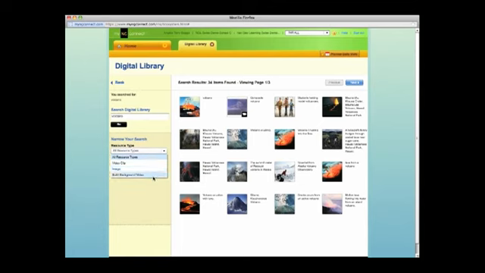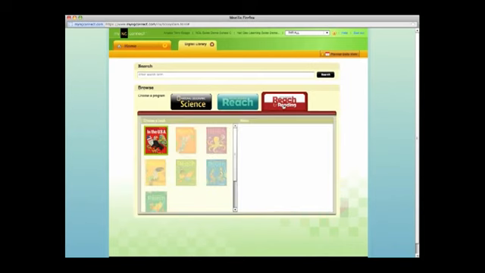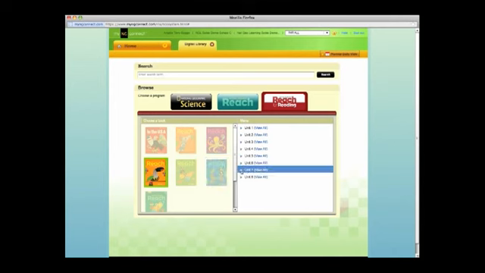You could search by the resource type that you are looking for, and of course you could search by program as well. We know right now we're in Reach for Reading. I could even search by content or by topic. If I click on Reach for Reading and I choose the grade level that I have been working with and the unit that I have been working with, I can find additional visuals that are available for me to use